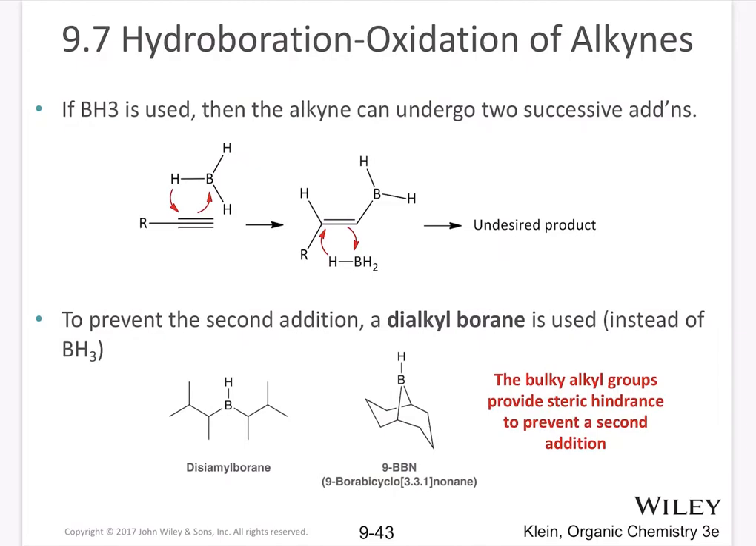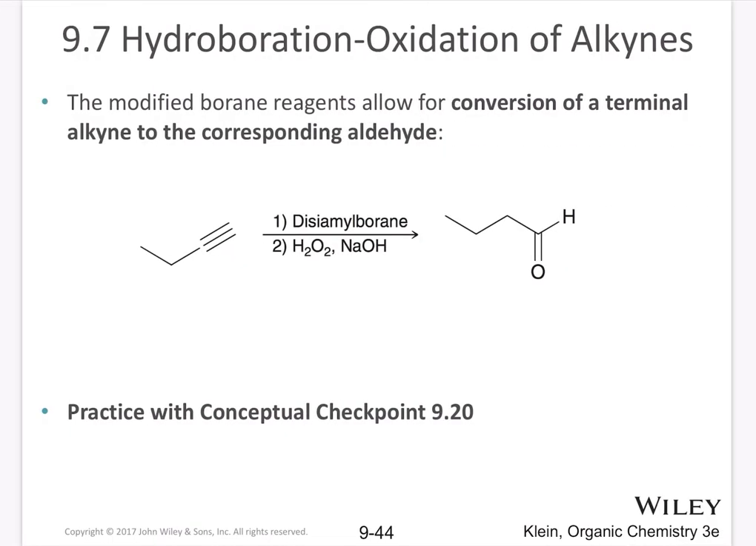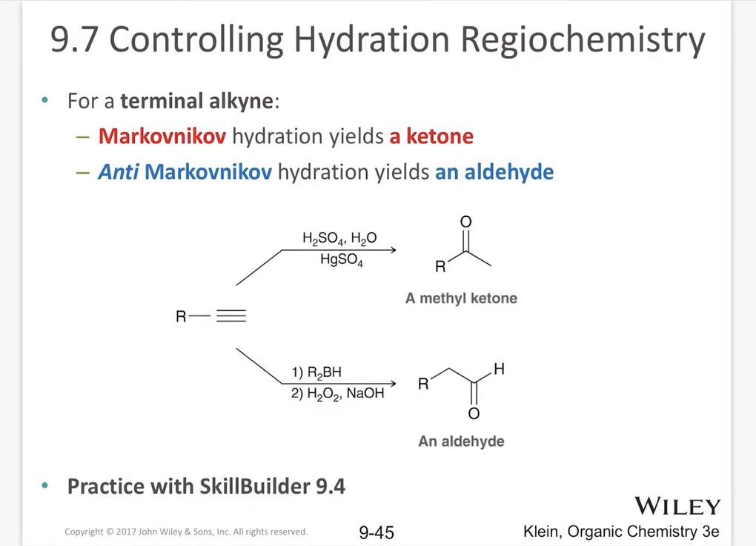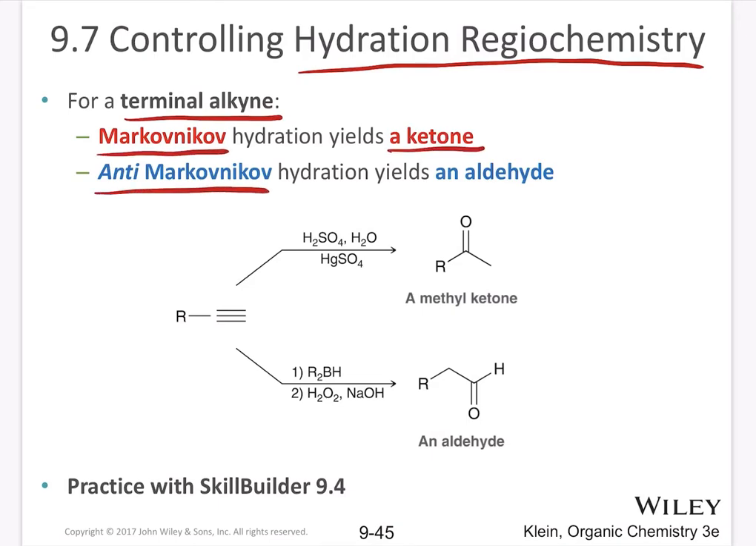So let's continue the reaction. So how do you control the regioselectivity? For a terminal alkyne, the Markovnikov hydration yields a ketone, and anti-Markovnikov hydration leads to an aldehyde. So if you have a terminal alkyne and combine it with H2SO4 and H2O with mercuric sulfate, you get a methyl ketone, and if you combine it in the presence of BH3 THF and H2O2, NaOH, you will get an